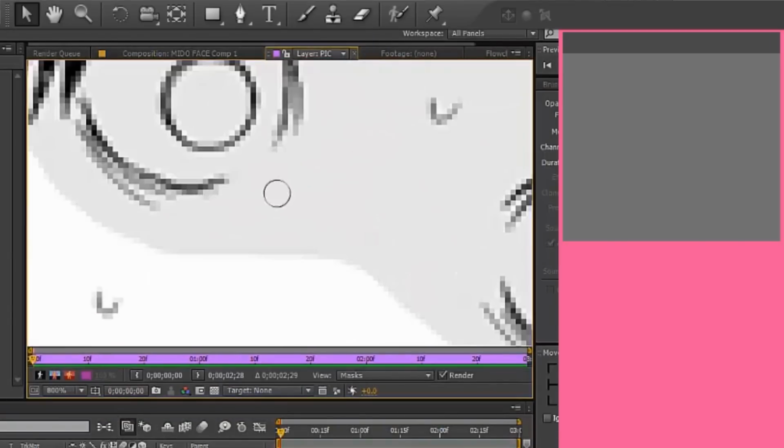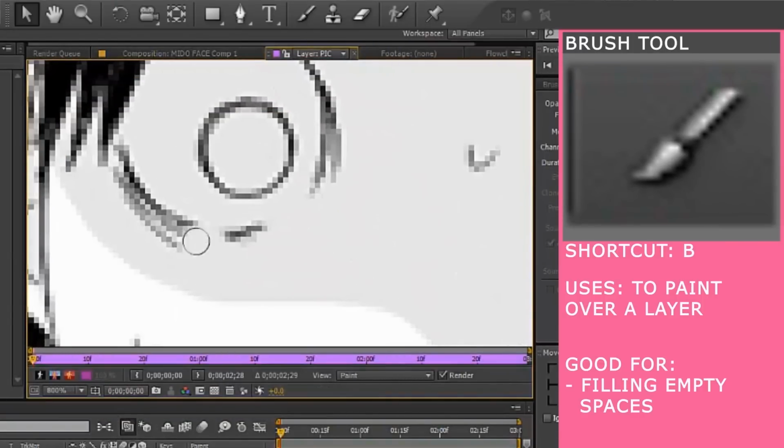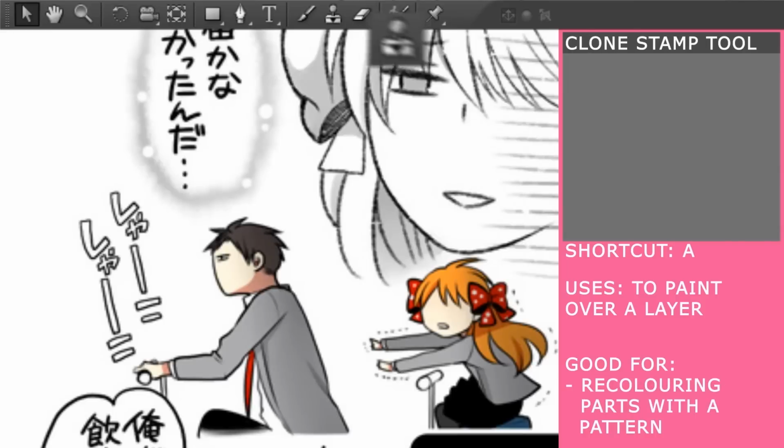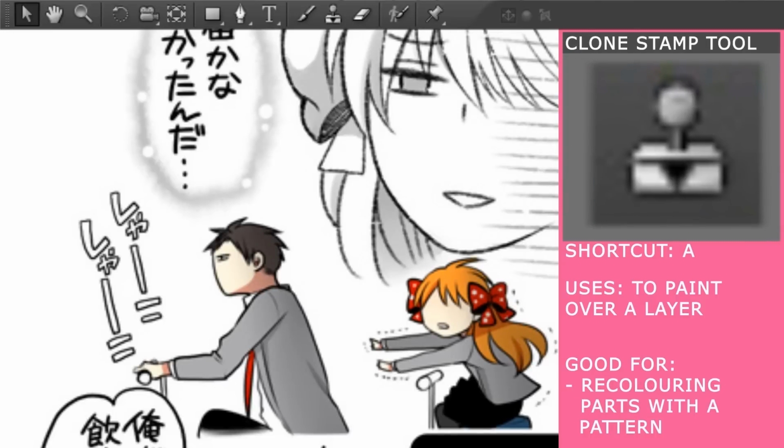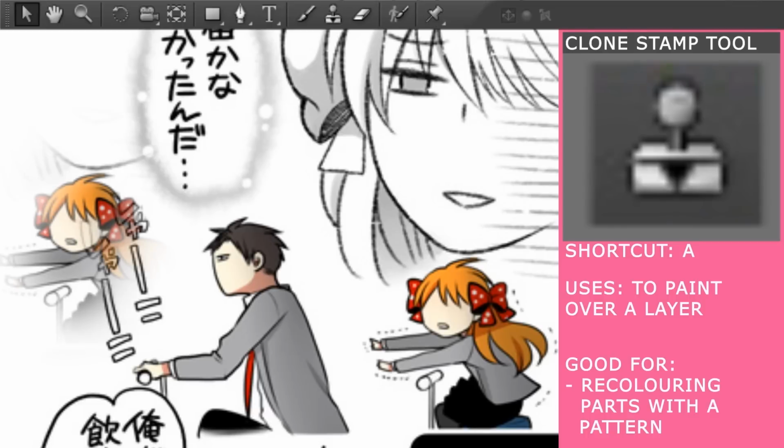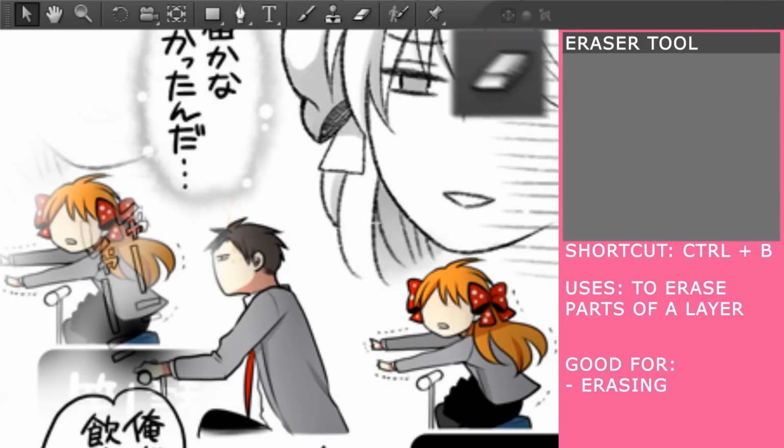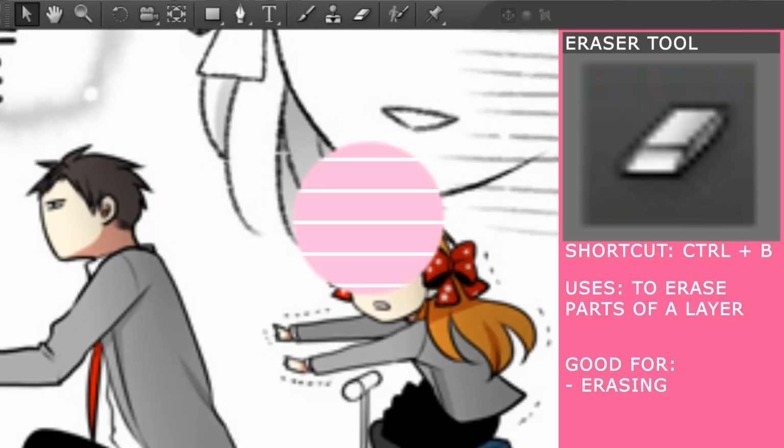Then you can either use the brush tool to paint over the layer, or you can use the clone stamp tool, which you have to hold down Alt at some point and then click a different spot, and you can paint it, and it'll mirror what you're painting over in a different spot. I don't really know how to explain it properly. And the eraser tool is pretty self-explanatory.